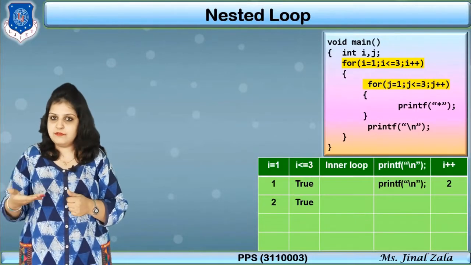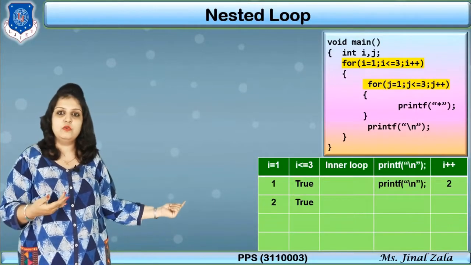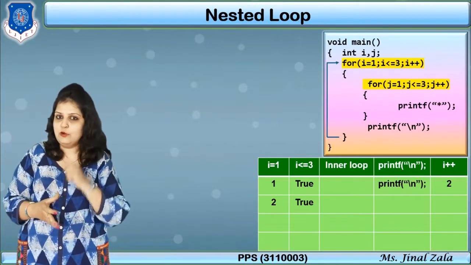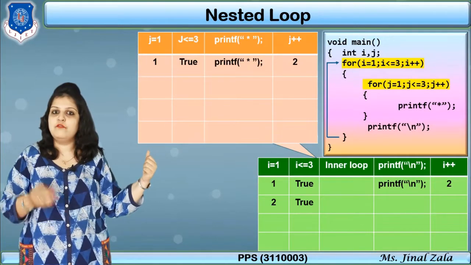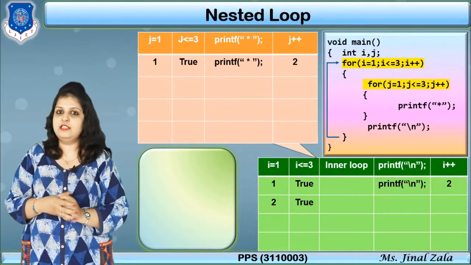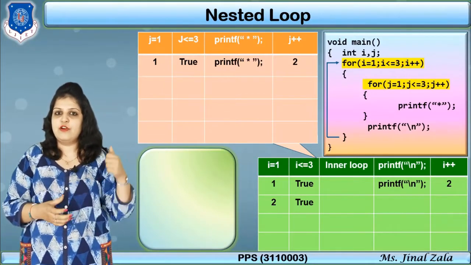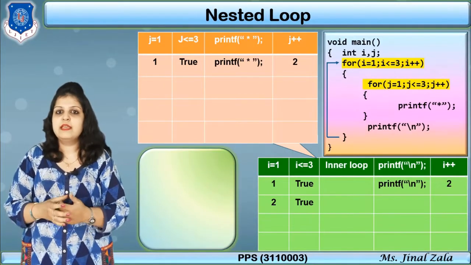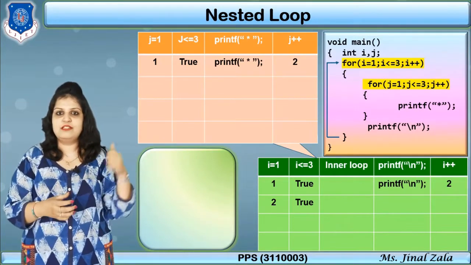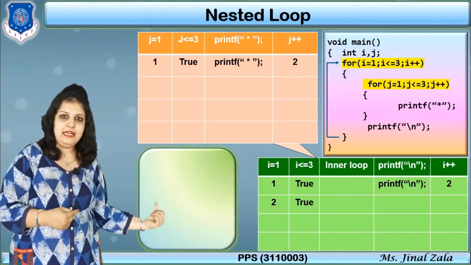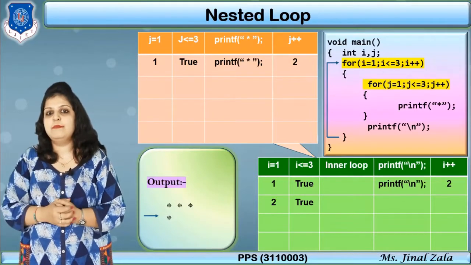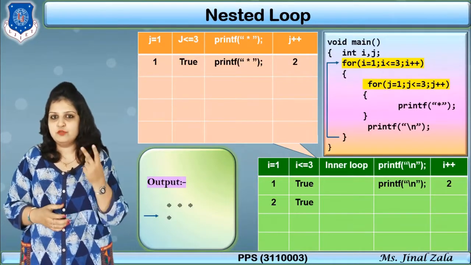Now for I equal to 2, again check the condition that 2 less or equal to 3, condition true, yes. So again come inside the loop, and the loop for the column will be executed again, starting from 1. So here you can see that j is equal to 1, and check the condition, 1 less or equal to 2, condition true, yes. So the printf statement associated with that executes. So a star will be printed, meaning in the second line the first star will be printed here, and now j will be plus plus. So next j becomes 2.